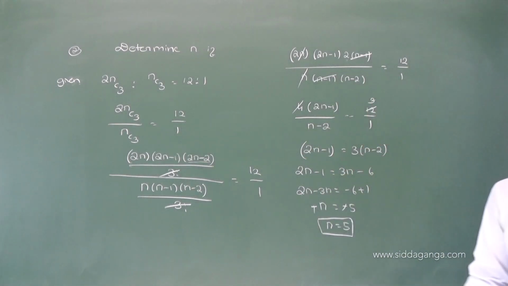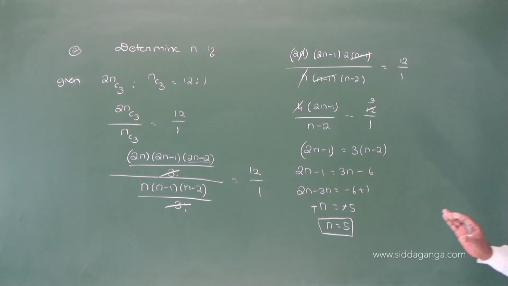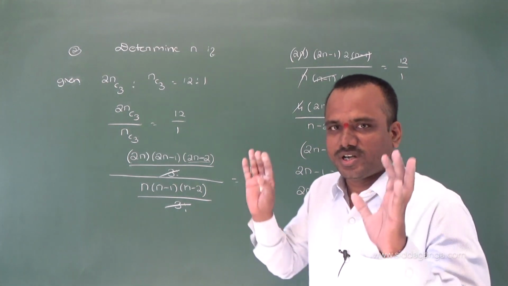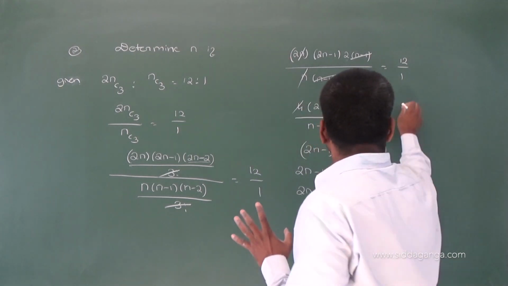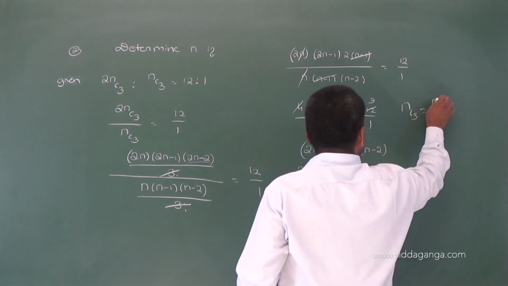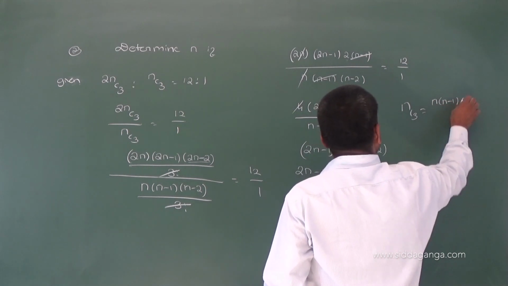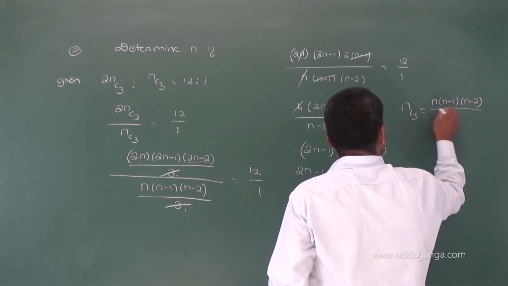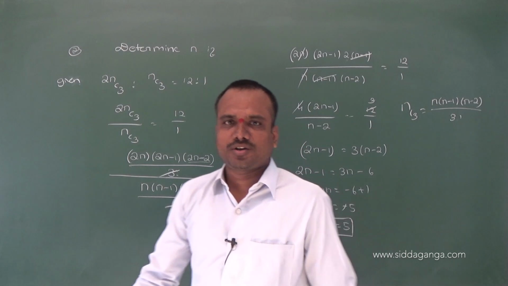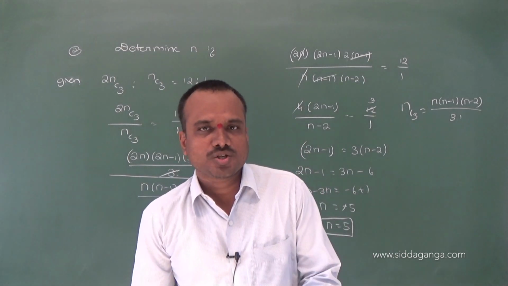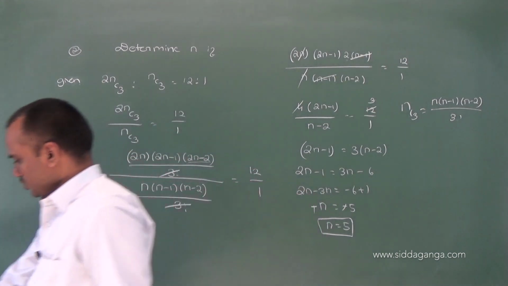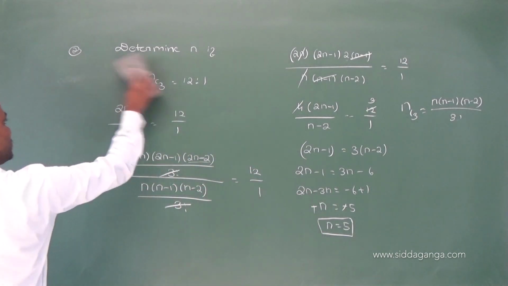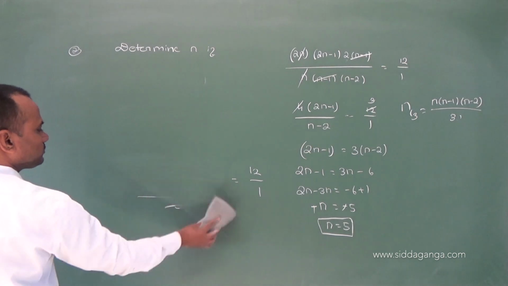N is equal to 5. This is a very important concept. I use NC3. Note, NC3 is n into n minus 1 into n minus 2 divided by 3 factorial. Next question. In that second question,